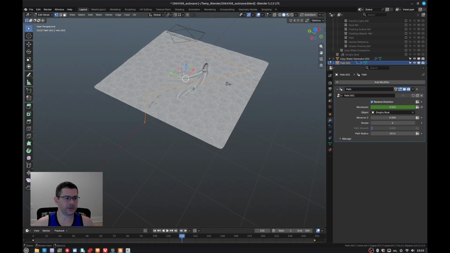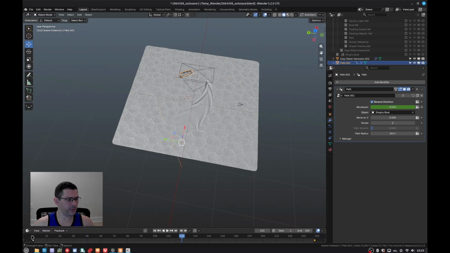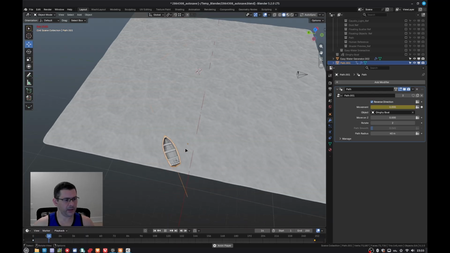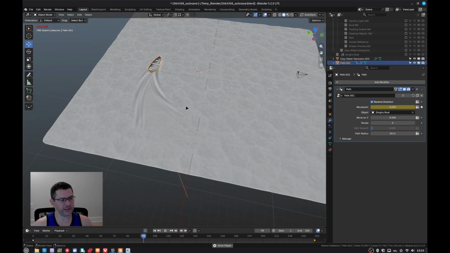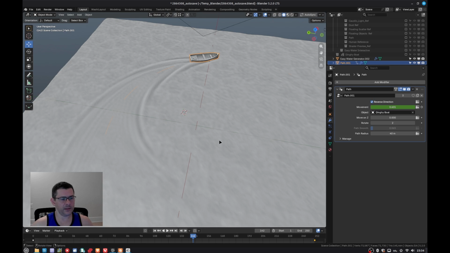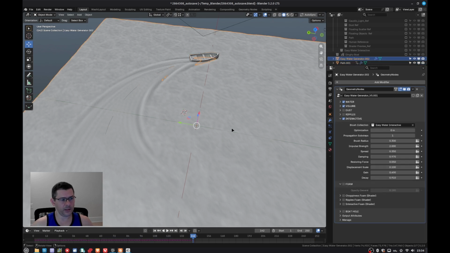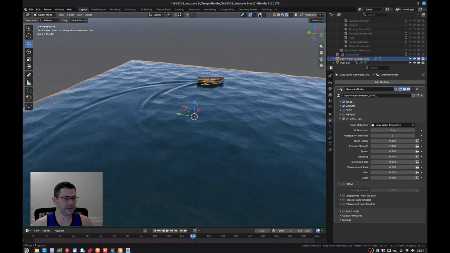Of course you can change whatever direction that you want for your path. Let's say that you want your boat to do these, and then maybe doing something like this. You can also do that, right? But you have to go back and play your animation again, and you will have your interactivity going on. All right, and then you go to your water, you have your volume, and voila, you have your object really nice